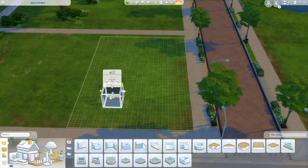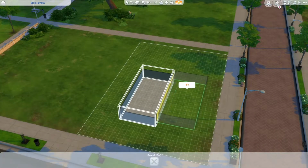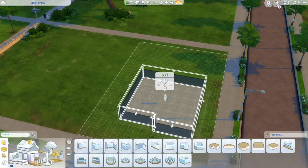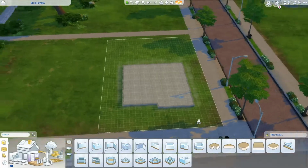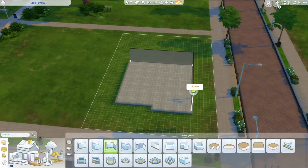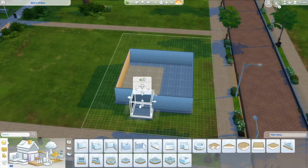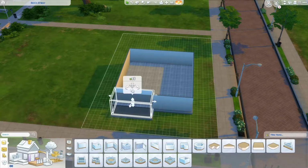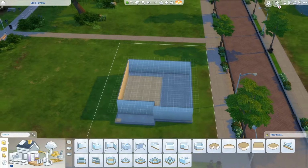My name's Bree, and today we're going to be doing a speed build of a cozy little suburban bungalow. This bungalow is actually heavily inspired by some real bungalows that are in my neighborhood. There's a bunch of new homes that are going up all around me, and every day I'm inspired to either recreate them exactly in The Sims or just use them as inspiration to create some like I'm doing in this